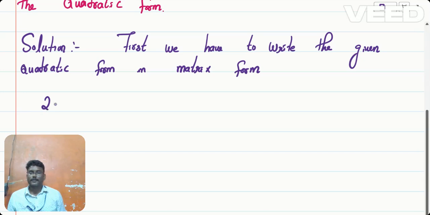That is 2x1 x2 plus 2x1 x3 minus 2x2 x3. So the matrix form is